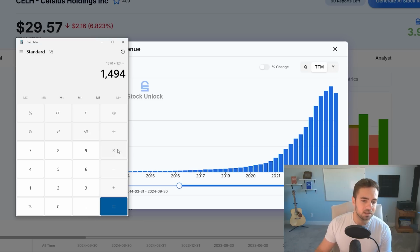So now if we add back that $124 million in revenue that they missed out on this quarter, then it means that in the trailing 12 months, the company would have produced about $1.494 billion in revenue. This is basically $1.5 billion in revenue. Let's just do that to make the calculation simple. And let's multiply this by a 20% operating cash flow margin, which Monster has. It's a mature energy drink business, which means that on Celsius's current revenue, it could potentially produce about $300 million